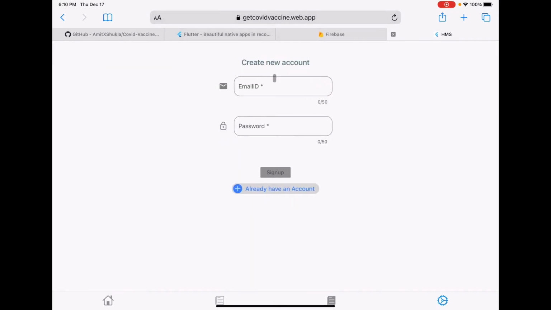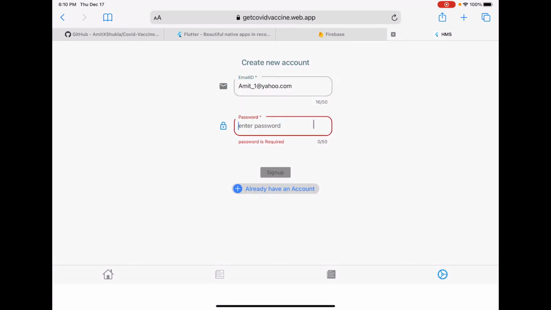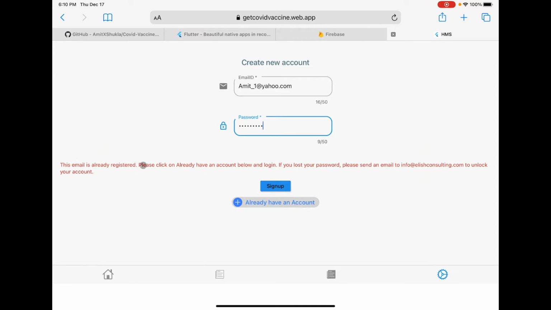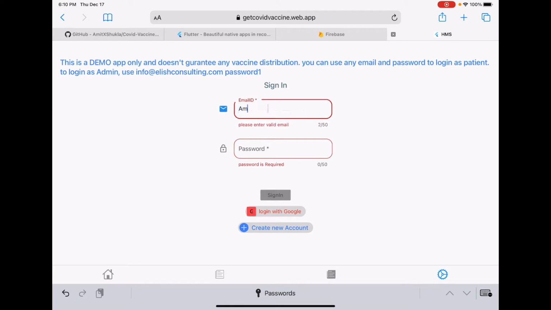For example, if I try to sign up a new account, I'm going to put in an account which is already in use. Intentionally, I'm going to do that so that it comes back and tells me with an error that this account is already taken. In this case, this is a fake account. I'm just going to sign up, and as you can see, it came back with an error that this email already exists. Now I'm going to use it, because I already know the password.